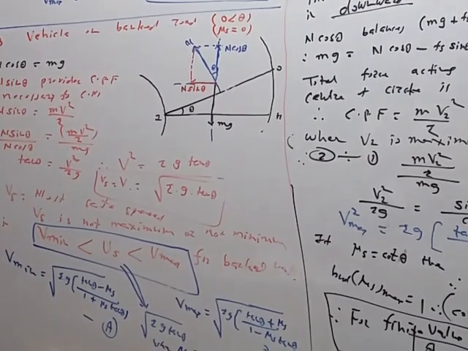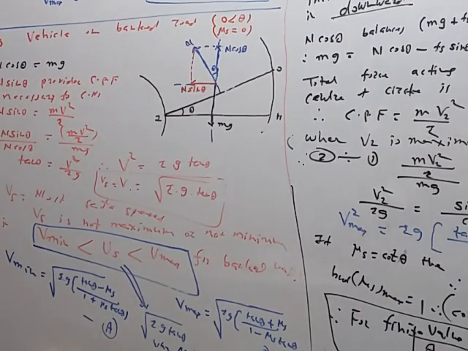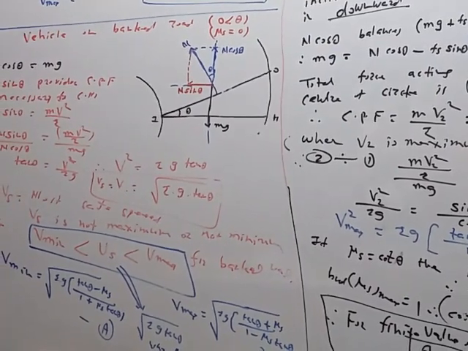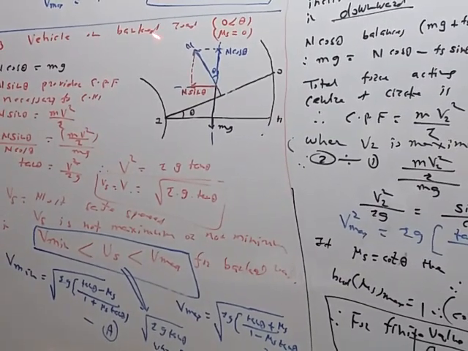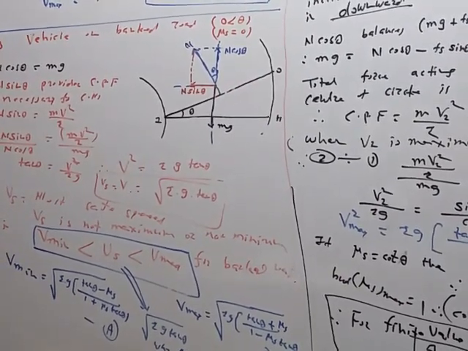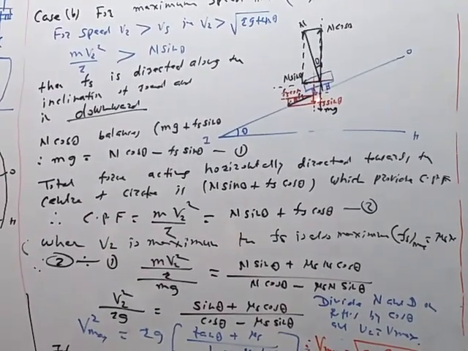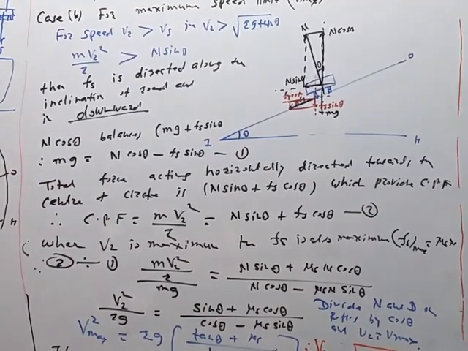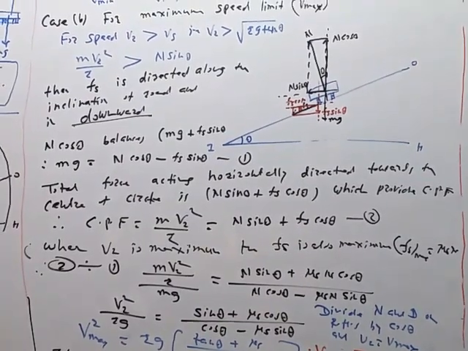Next we have to see one more example of a horizontal circular motion, and that is the conical pendulum. So next time we will see that application of UCM in horizontal plane, that is conical pendulum. So please try to draw this diagram. This diagram is without considering the friction. Now if we consider the friction, then there are 2 cases. This Fs is either directed along the inclination in the downward direction for maximum speed limit, and directed along the inclination but in the upward direction for minimum speed limit.